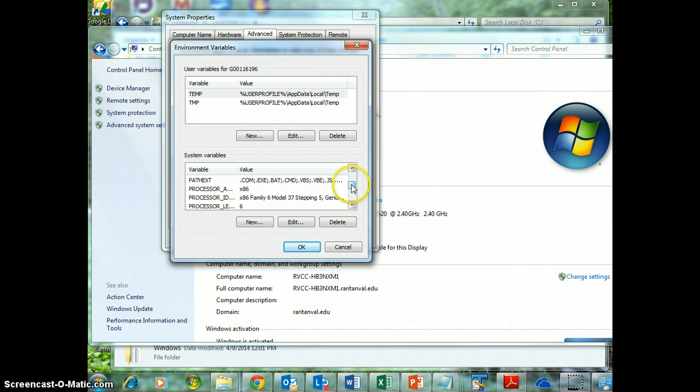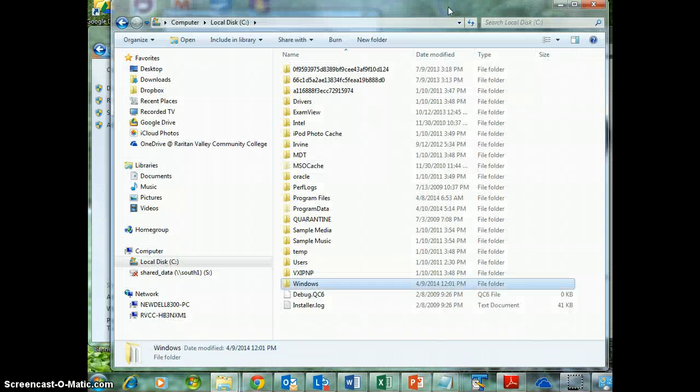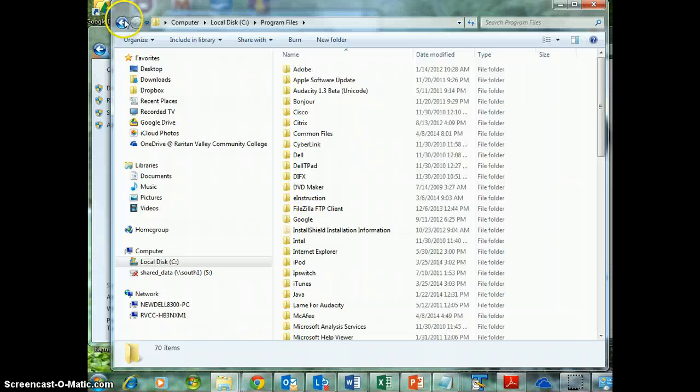But the path variable, when any program is being executed, it will look at the series of directories that are listed here to find what it's looking for. So the Windows, System 32 and System directories would be included in there as well, as well as some other directories that other applications require. So when a program is installed, which usually would be under Program Files or something like that,